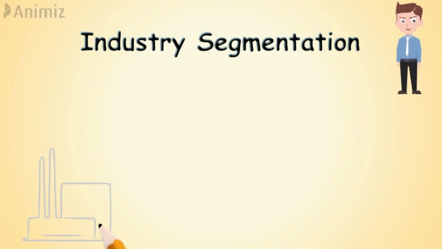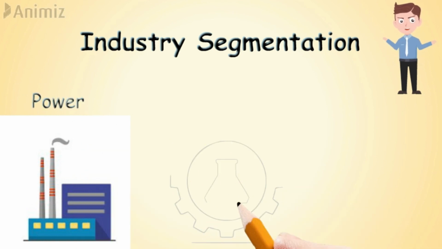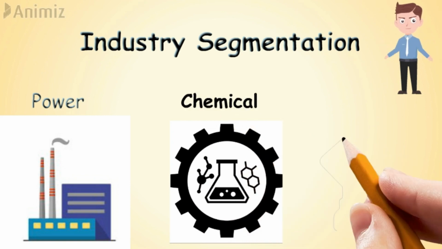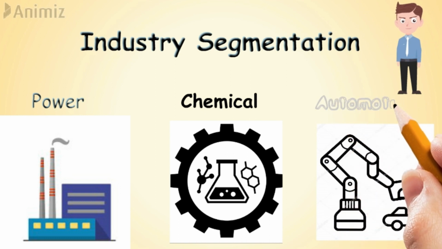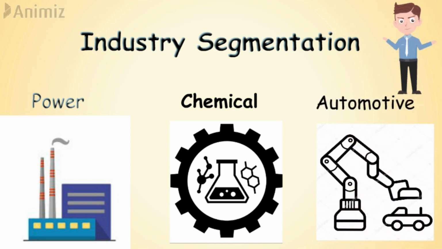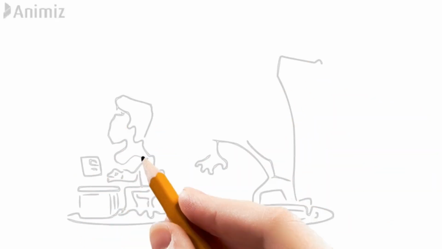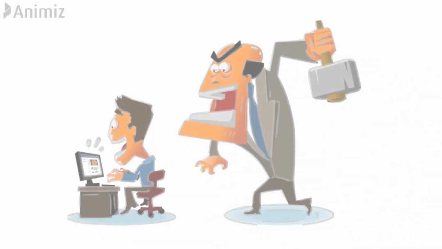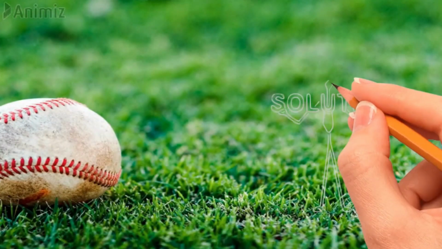One idea of segmenting industry is to look at the type of industries in the market. Suppose you have the power industry as one segment, then you will have automotive, then chemical industries and so on. So based on the type of industry, you have segmented the market. But in reality, it is not the case. The manager will give you 10,000 rows or maybe more than that. For you to look at each row and find segmentation, it would take more than 2 or 3 days. But don't worry, I got a solution for you.